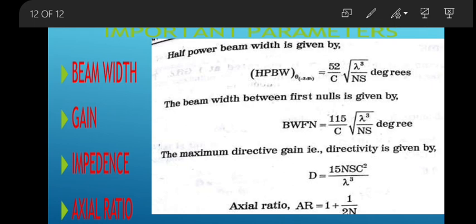And what are the applications? Now we come to the application part. A single helical antenna is used to transmit and receive VHF signals. VHF means very high frequency signals, in the 30 to 300 megahertz range. It is frequently used for satellite and space probe communications also. This is one of the excellent applications of the helical antenna, and it is used in telemetry links with ballistic missiles and satellite earth stations.